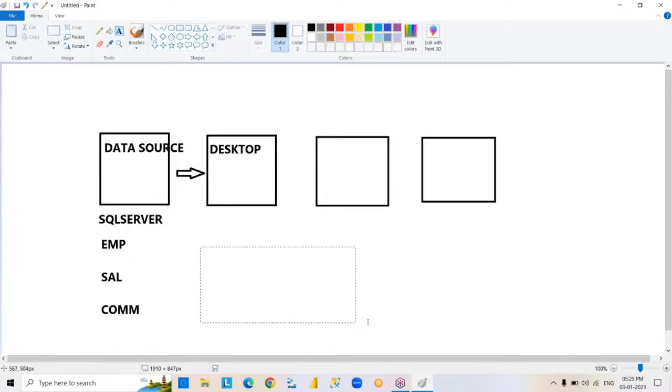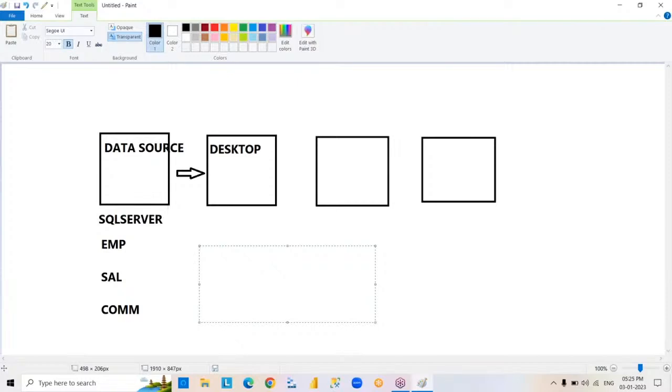So now you want to create some report, and in that report you want to go for total salary. What is total salary? Salary plus commission comes under total salary. That is the meaning, right? You have salary and commission, so what is the meaning of total salary? Salary plus commission. In this scenario,